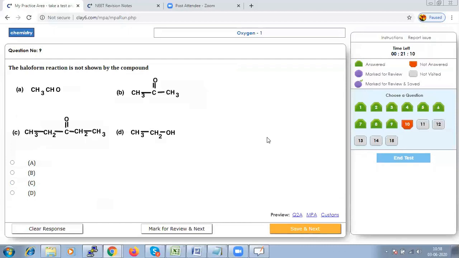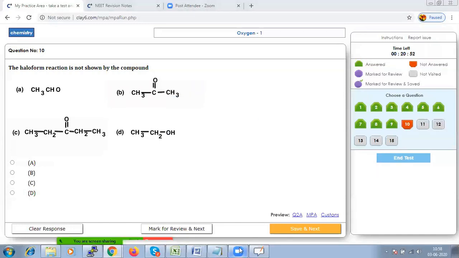The haloform reaction is not shown by the compound. So from the given options, compounds which will give the haloform test must have